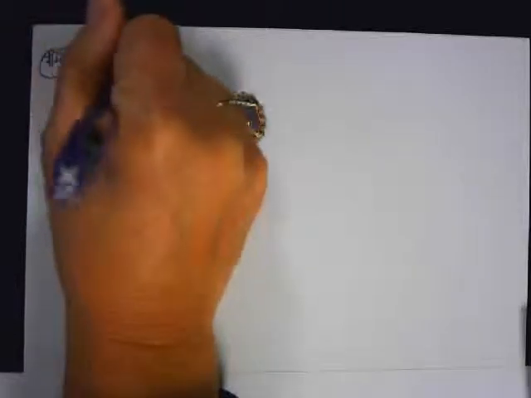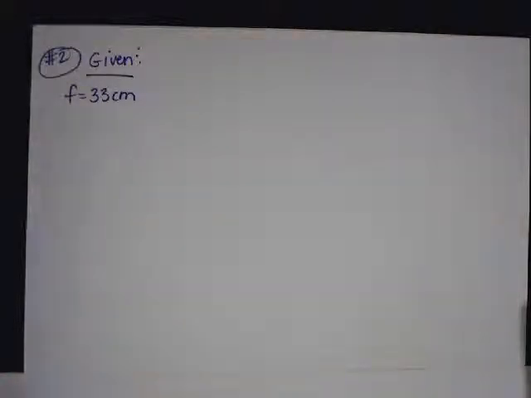So number 2 says, a concave shaving mirror has a focal length of 33 centimeters. So I'm going to do like I always do. I'm going to write my given. The focal length is 33 centimeters. And I don't have to convert this to meters, because if everything's in centimeters, my final answer will just be in centimeters. So you don't have to worry about that. The only time you have to convert is if the units are different and you want to make them all the same. Then it tells me